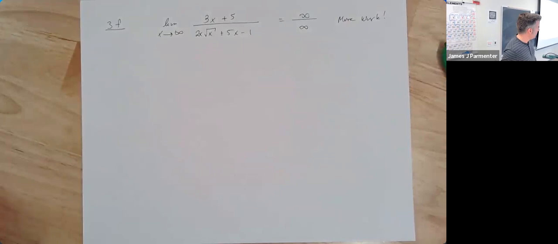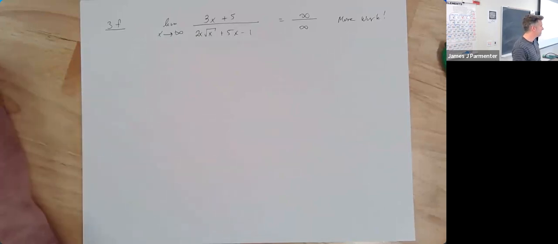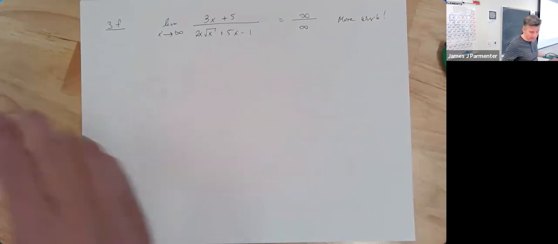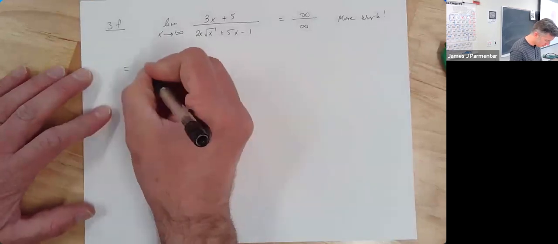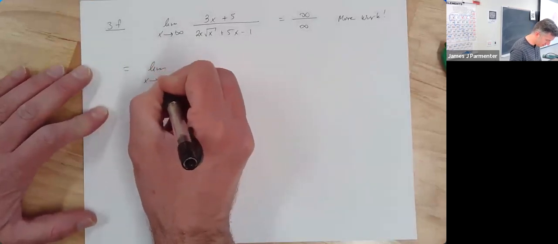When you have limits to infinity of powers of x over powers of x, our usual go-to method of dealing with this is to divide everything by the highest power of x in the denominator. Which is what? It's actually higher than 1. So it might help if we rewrote it. So what I really have in the bottom specifically,